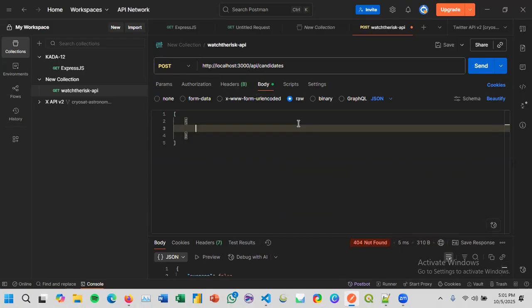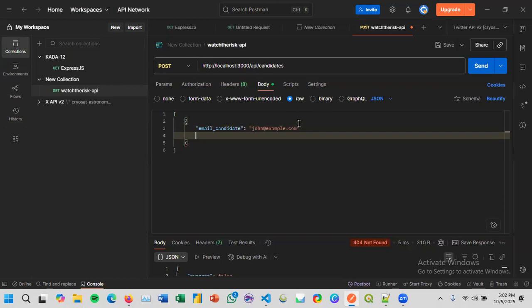First is email candidate, put down info form, and then loan amount, 30,000.